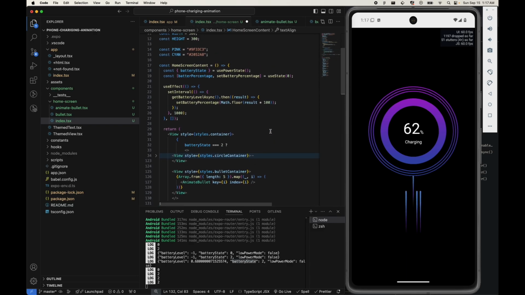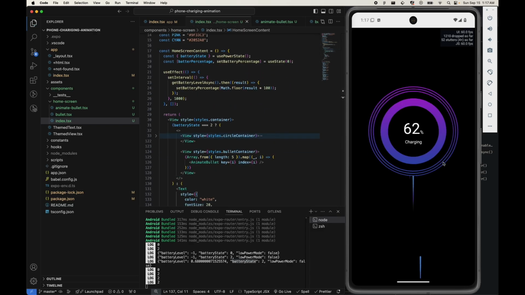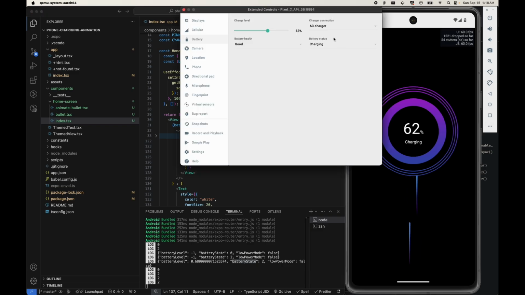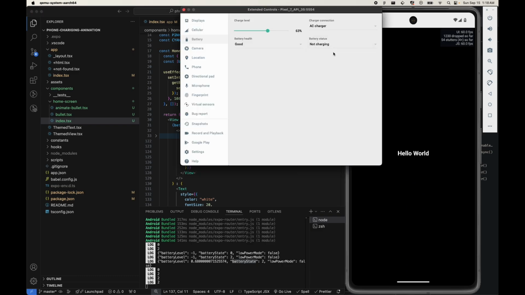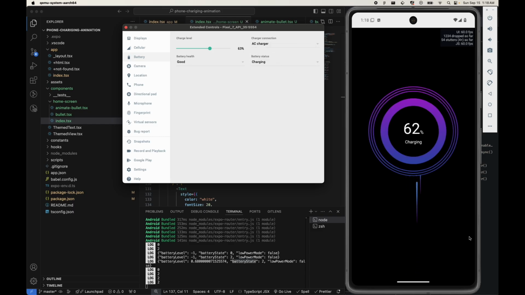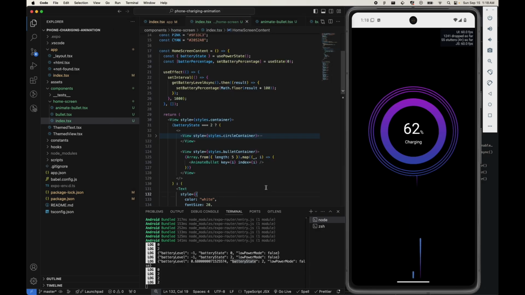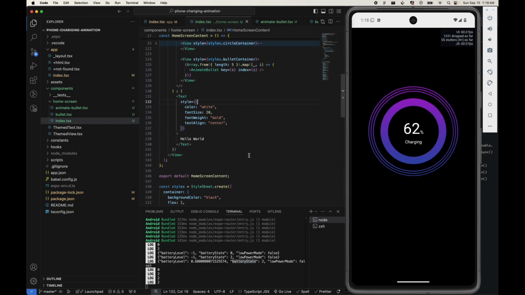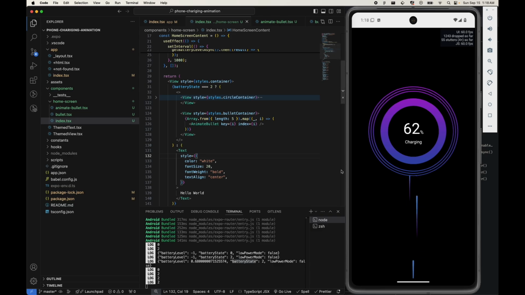Now let's check if everything's working. From the emulator, as you can see, the battery status is charging. If you change this to not charging, you see system mode disabled, and we have hello world. If we change it back to charging, we have our animation back. Now, when we are showing this animation, we want it to